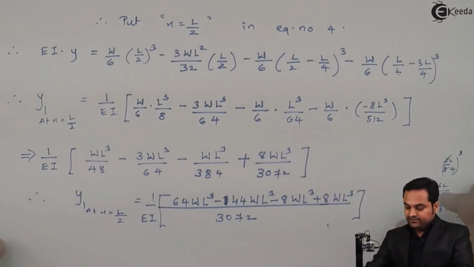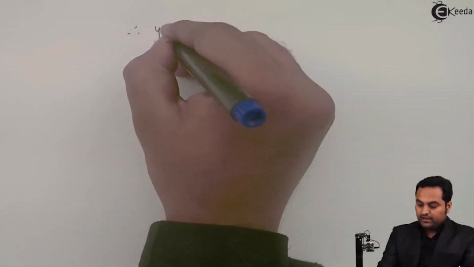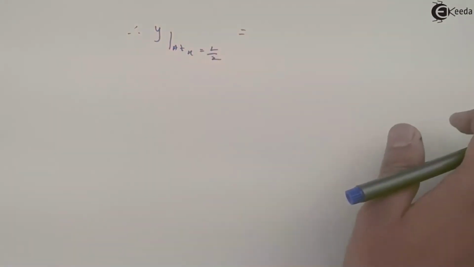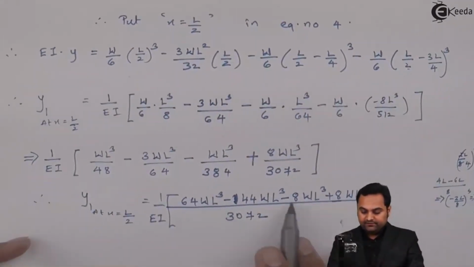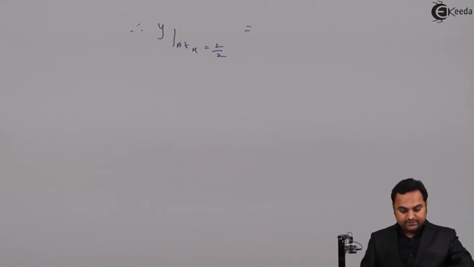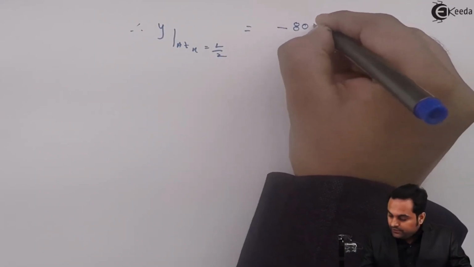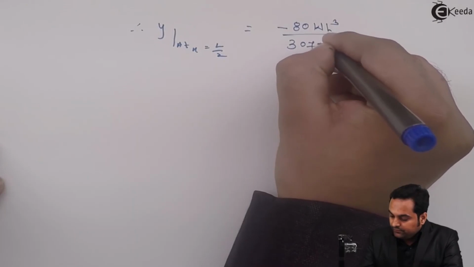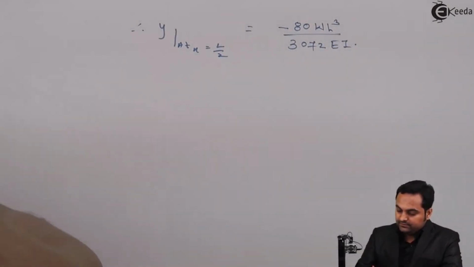So from this, if I go on simplifying, I'll get my answer as, therefore y at x is equal to L by 2, here I am getting at x is equal to L by 2 the value of y after simplifying the terms. It is minus 80 WL cube upon 3072 EI. So this is the maximum deflection,